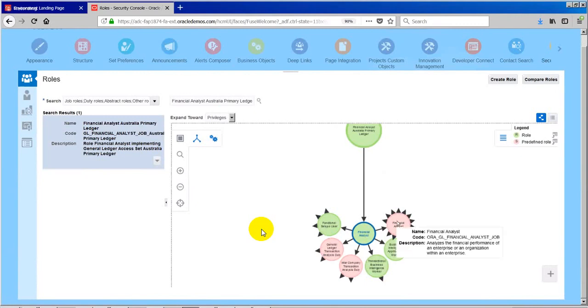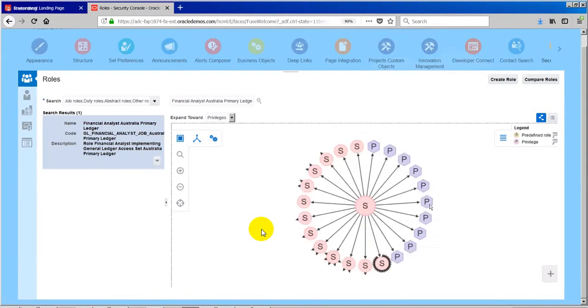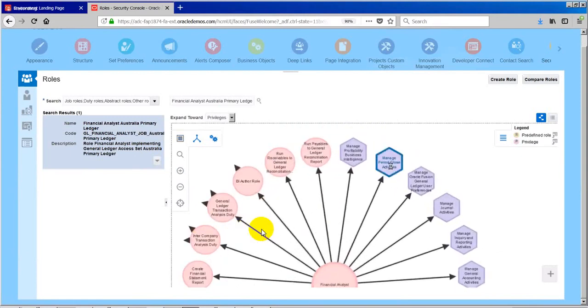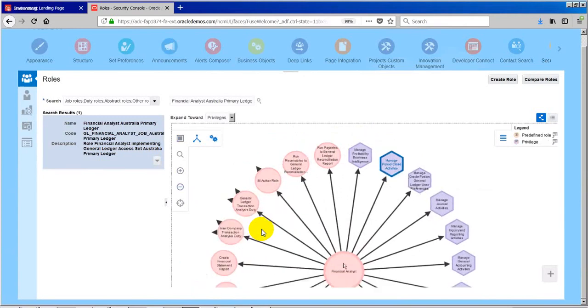So my requirement is, in this financial analyst role, I need to take out the manage. This is the one I want to delete. As I cannot modify the seeded role, I am going to take a copy of this. I am going to right click it and say copy role.